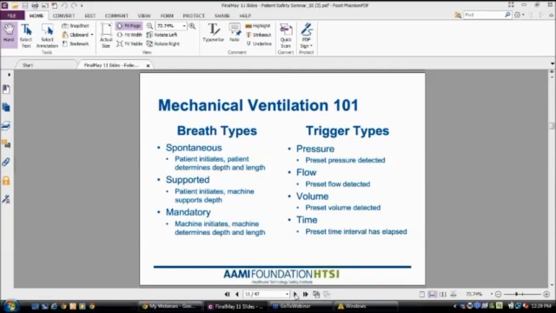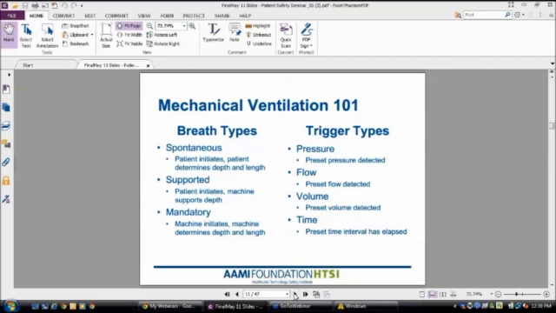So it's important to know when the patient is initiating his own breaths, and when the machine is initiating the breath, because the cause of the alarm will be different. So if the machine initiates the breath, which is our mandatory type, it does so because a preset signal is met, and that is typically time. And so the machine knows it delivers 10 breaths per minute, which means every 6 seconds a breath is